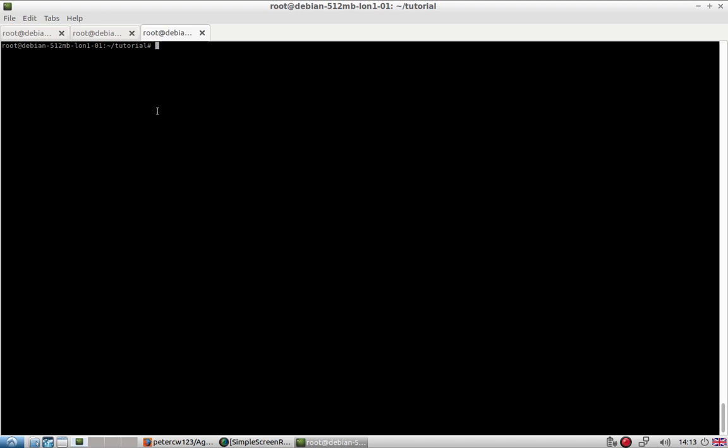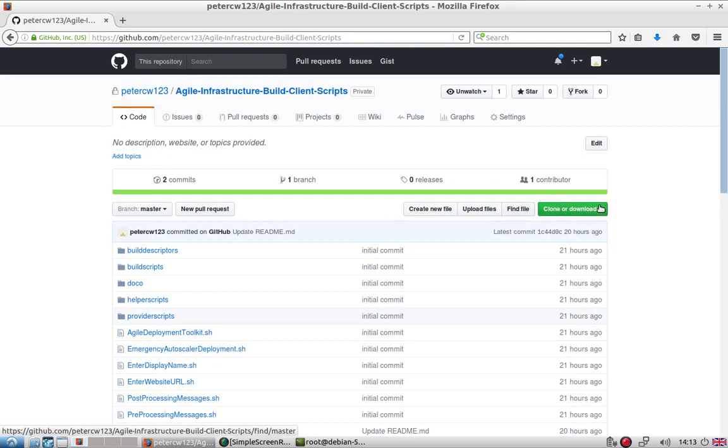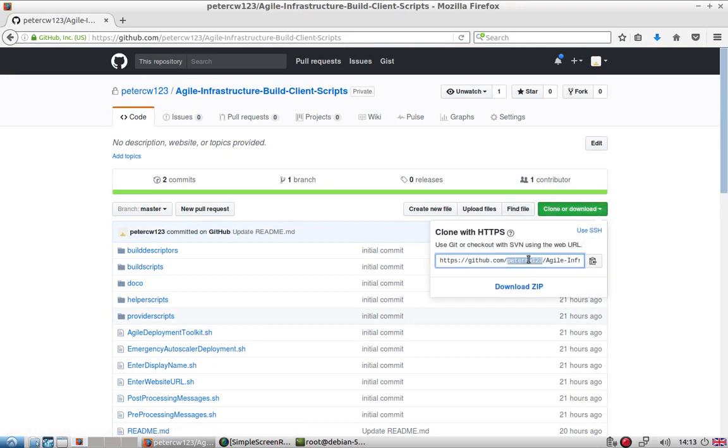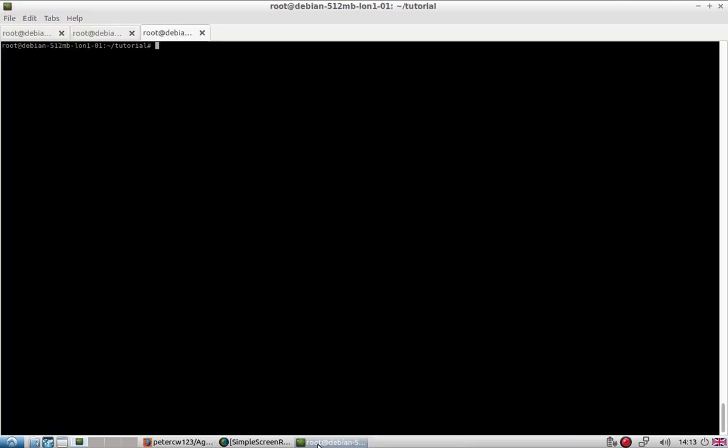So once you've done that, I've just created a tutorial directory here for this tutorial, then you need to clone the build client scripts from GitHub. So let's just grab the HTTPS clone URL from GitHub. So you can see the name of the repository is the Agile Infrastructure Build Client Scripts, and we just do git clone. Install git on your machine, apt-get install git if it's not already on there, and then we pass in the URL like that,